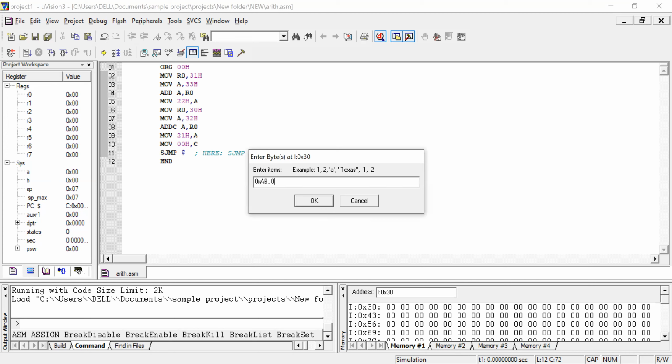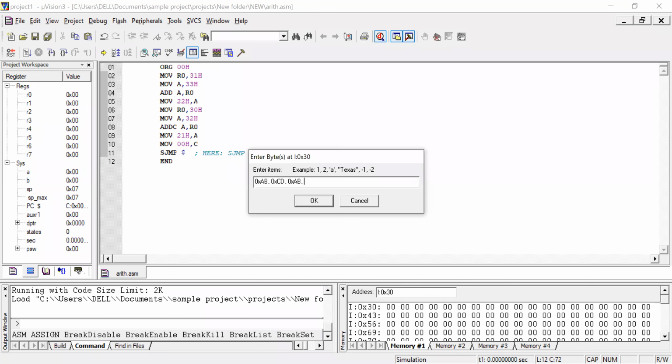The second data, 0x CD, is my second data that will be stored in the location 31H. The third data is 0x AB, and so on.